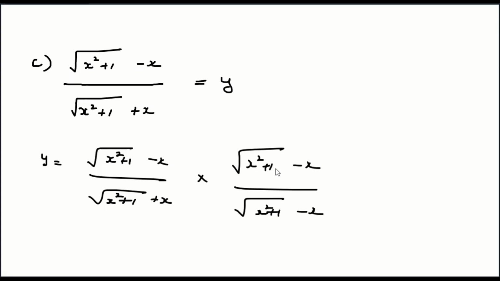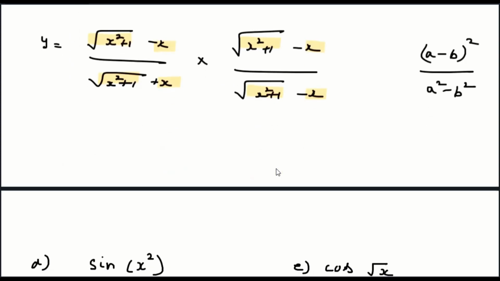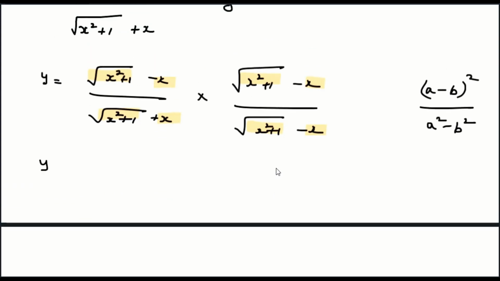So again, whenever I multiply and divide by the conjugate, it looks like a plus b into a minus b, and numerator a minus b into a minus b. So it looks like the numerator is of the form a minus b the whole square, and the denominator is of the form a square minus b square, right? So I can rewrite it as y is equal to a square. So it is x square plus 1 plus b square minus 2ab, correct, divided by